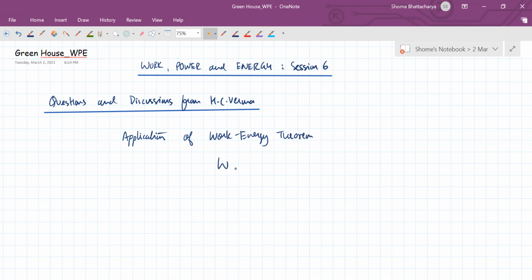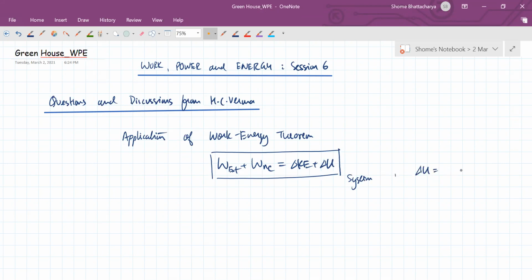That is, work done by external forces plus work done by non-conservative forces equals the change in kinetic energy plus change in potential energy for a system. And we also know that delta U for a system is defined as the negative of the work done by internal conservative forces. Okay, and of course we have seen the specific definitions of potential energy of a spring